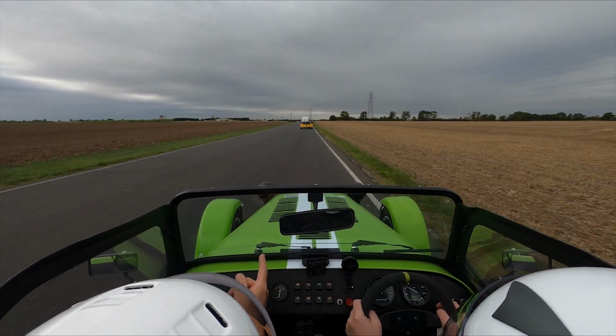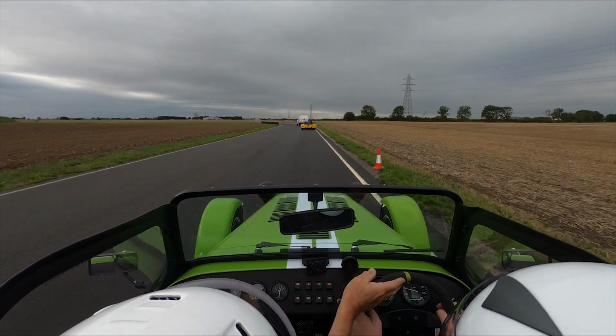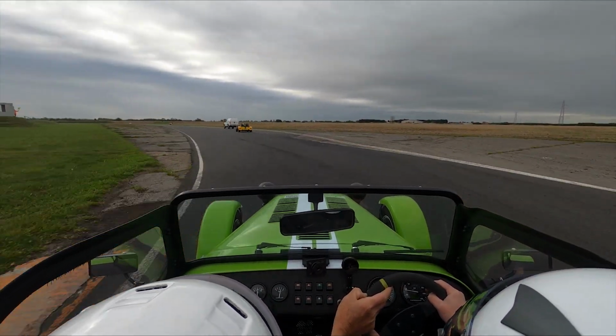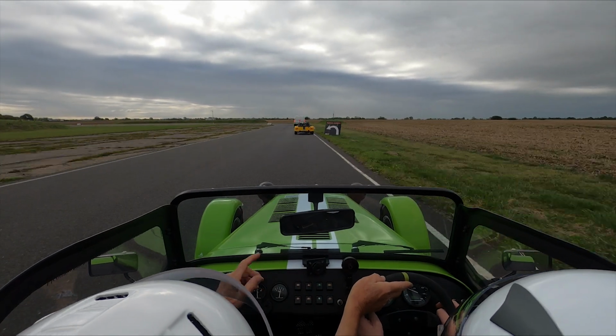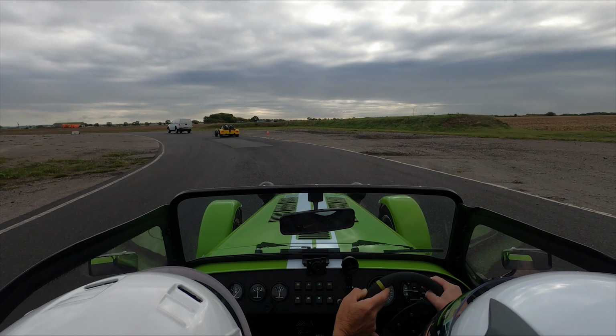As this was a novice day, there were 3 novice groups. There was a blue group, which I was in, a green group and a yellow group, I think. And then there was a red group, which was for experienced drivers. So the day started off, or the format for the day was to have the sighting laps first, which we're